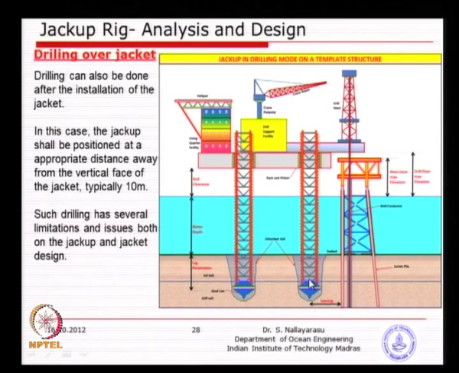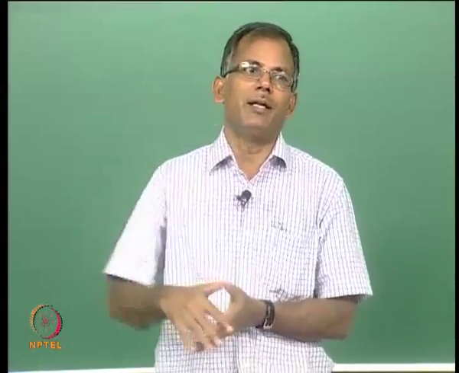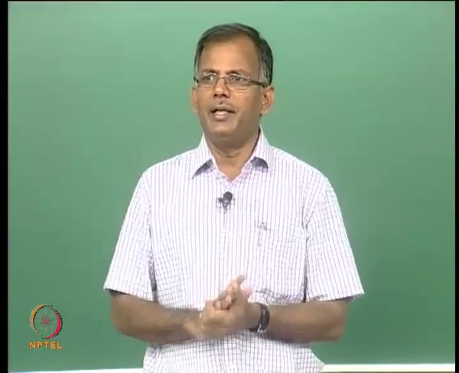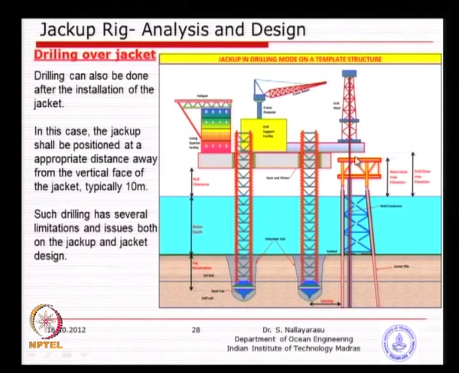If we keep these two legs very narrow, maybe a small rig, and you want to go cantilever 20 meters away, what will happen? There will be toppling. So, the larger the rig, the larger the cantilever section that you can go. So, basically that is the idea behind how much the limit should be that we want to go away. Typical numbers, I can throw a number: 10 meters, 15 meters, the biggest rig can go as much as 18 meters, but not beyond. If you want to go 50 meters away and then do the drilling, impossible.